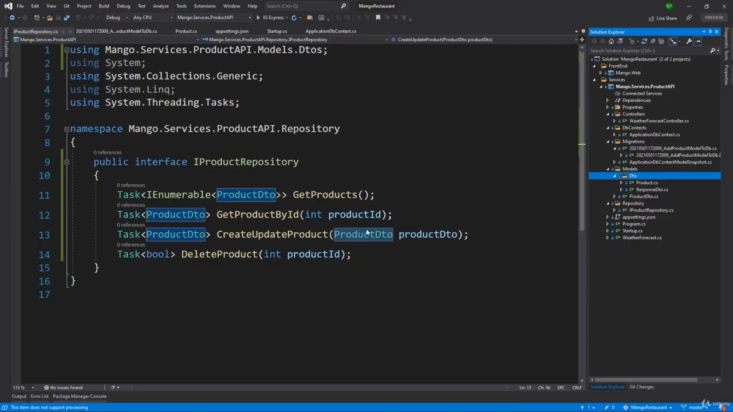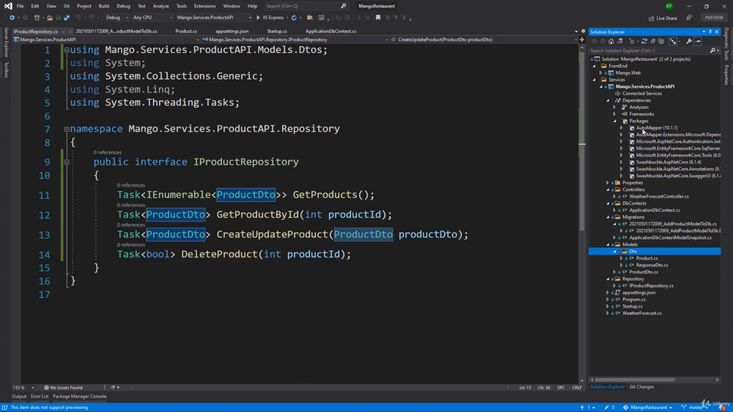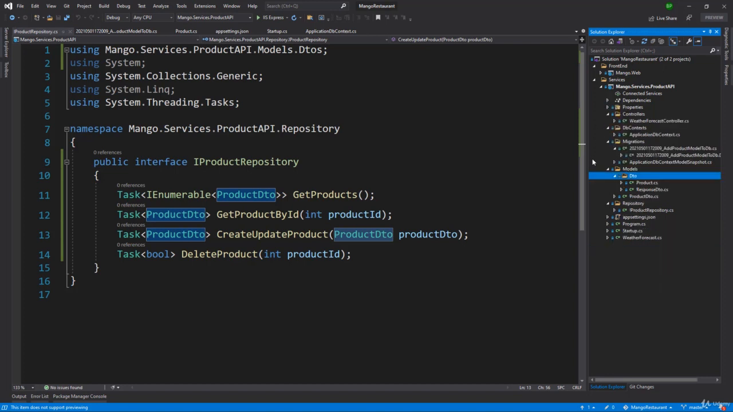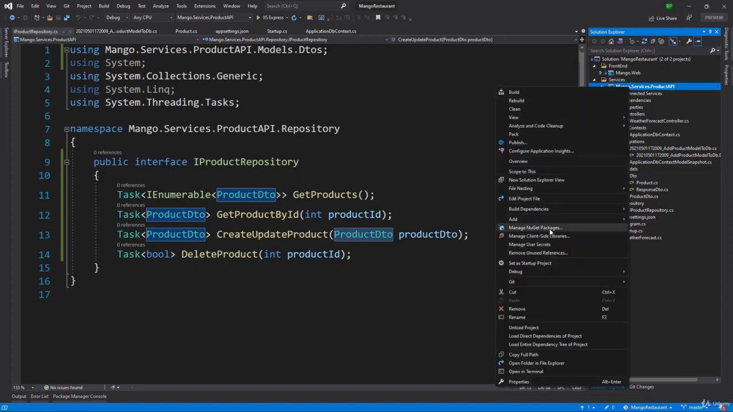We want to convert product DTO to product and vice versa. For that, we will have to use AutoMapper. Inside the dependencies packages, we have already added AutoMapper as well as AutoMapper extension for dependency injection. Now you can do all of the configuration inside the startup class file, or you can split that up inside